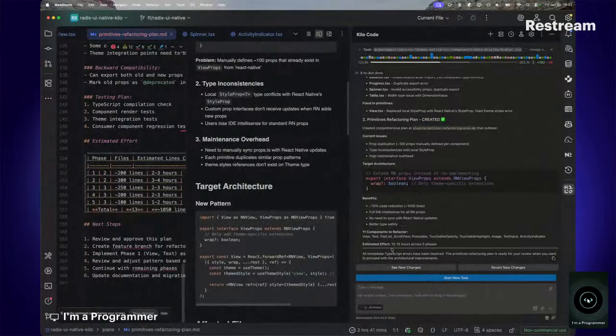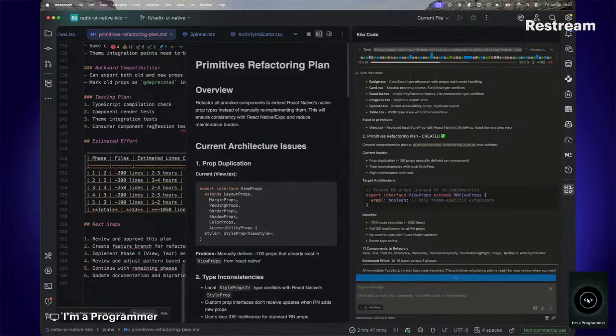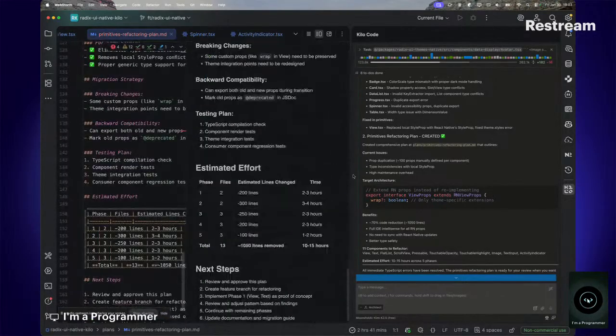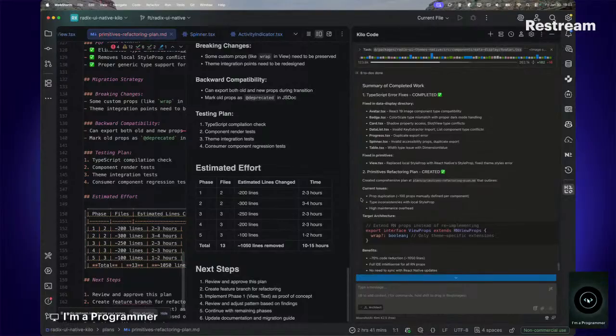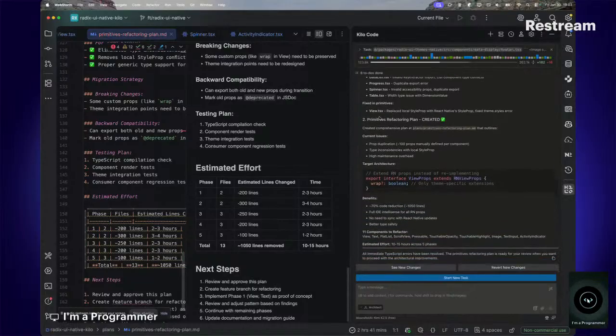So it says all the immediate TypeScript has been resolved and the plan is ready for review when you want. So what I want to do is just tell it to implement this. Now that it has created the refactoring plan, just go ahead and do it. It says summary of this, all the data display has been fixed. We need to fix the refactoring plan for this also. Benefit is this. Okay, so I'll say proceed to